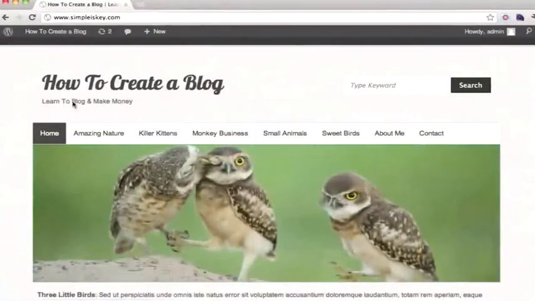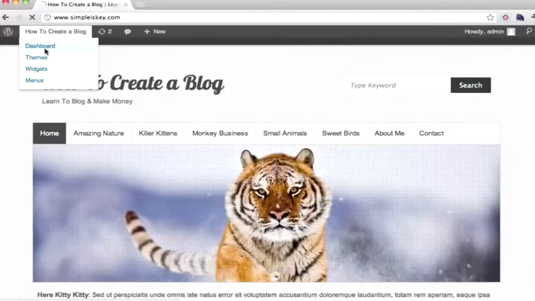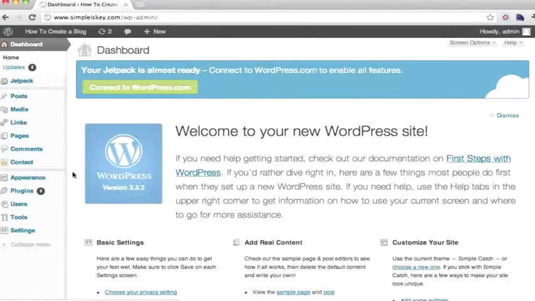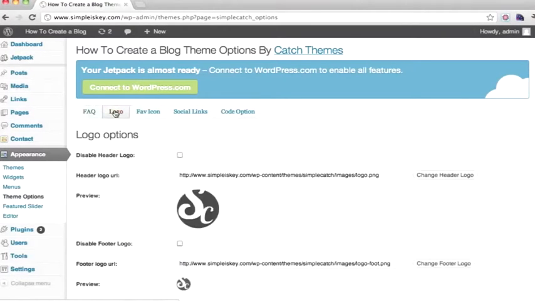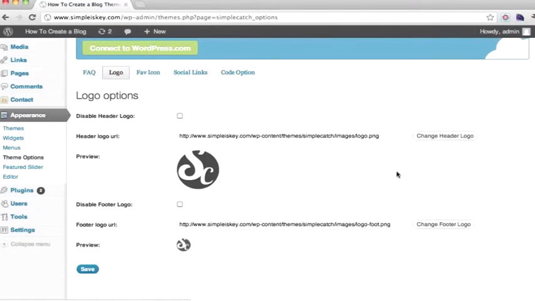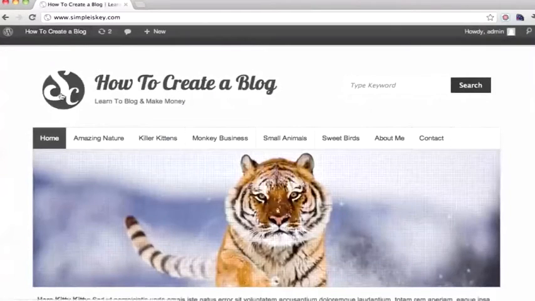But the next thing we're going to do is we're going to add a little logo right here. So I'm going to show you how to do that. So we're going to go here and then to the dashboard. And we're going to go to Appearance and Theme Options. So this is just for this particular theme. And then we're going to click Logo. And we can see that this logo is here now. So we can actually save changes. And we can see that the logo is now